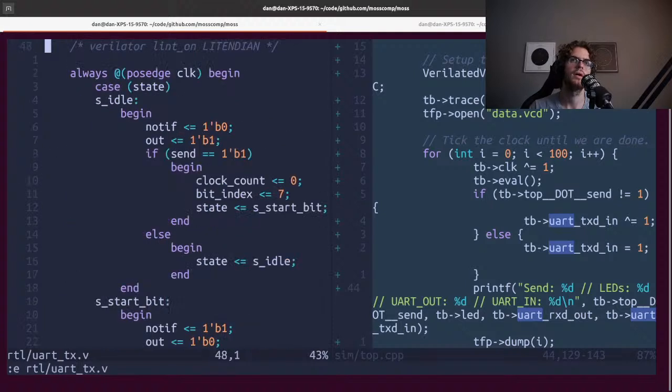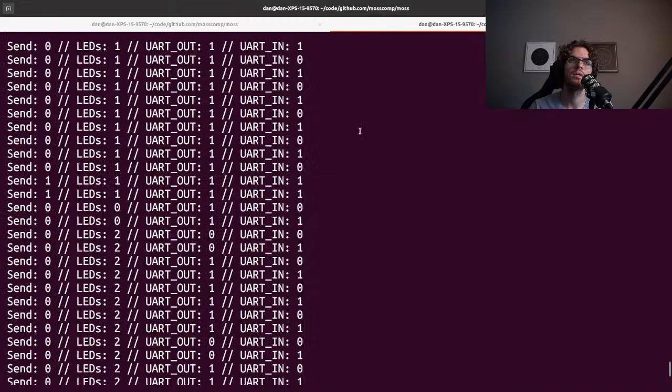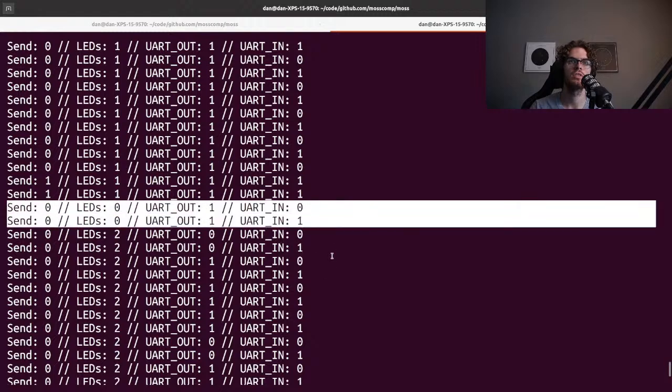So it should say, oh no, okay, so when we're in idle, we should be sending ones, right? Okay, so here is our first in idle, and then we move